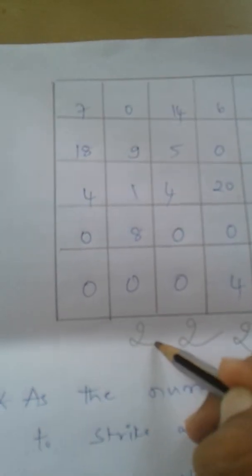Now again we have to repeat the same step. We have to continue. We have to count the total number of zeros. There is 1 zero in this row. There is another zero in this row. There is a third zero in this row. There are 3 zeros in this row. There are 4 zeros in this row. There are 2 zeros in this row, and 2 zeros again in this row, and again 2 zeros in this. And finally there are 2 zeros in this.